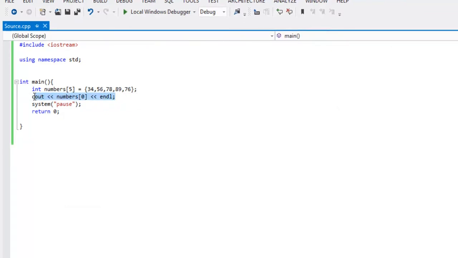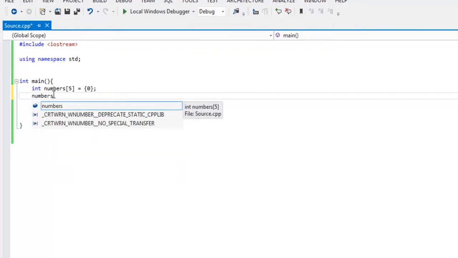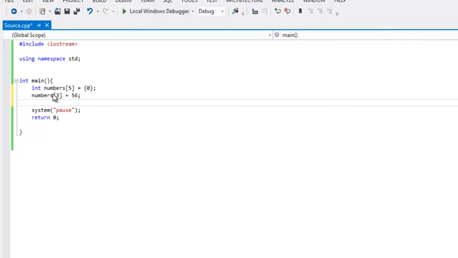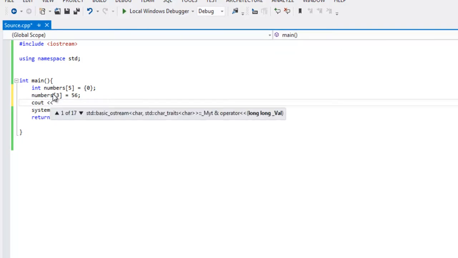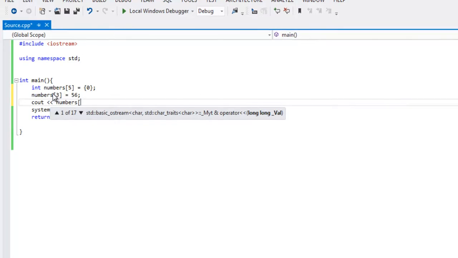And we can also, if we initialize this array to 0, which in most cases we probably will do if we don't initialize everything at the beginning, we can set values like this. We can say numbers, let's just give the third index, and we're going to set that equal to 56, and now we can print that out. So let's do cout, and to test that the other ones are actually 0, I'll just test one of them. So I'll just say 2,